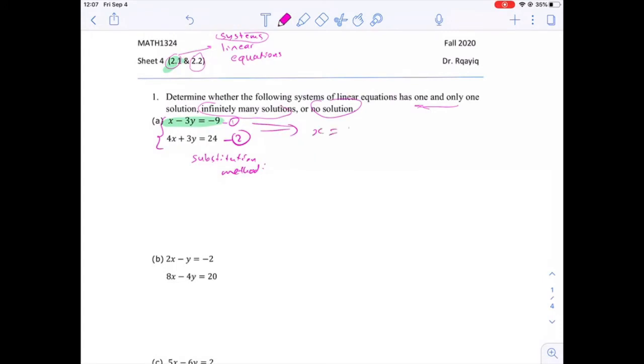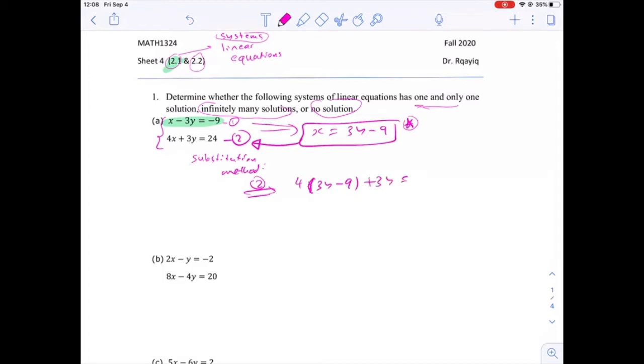x gives 3y minus 9. And let's call this new equation star. This is an auxiliary equation that can be plugged into the other equation. If we get this equation star from the first equation, we can't substitute it back into the first equation. We need to plug it into this other equation. Now we plug this into equation 2. Equation 2 becomes 4x, but x is 3y minus 9,